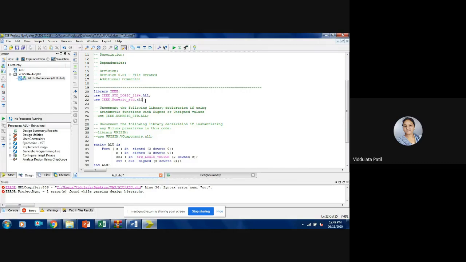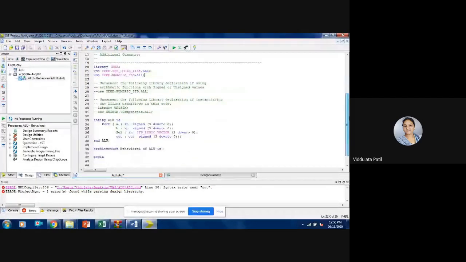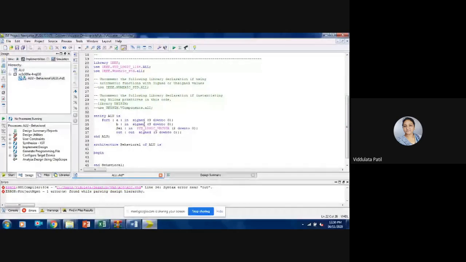These are the packages that we have added in this code. These are the input ports as well as the output port, and then we are going to write the code in an architecture. Now what we want to perform: if select input is 0 0 0, then